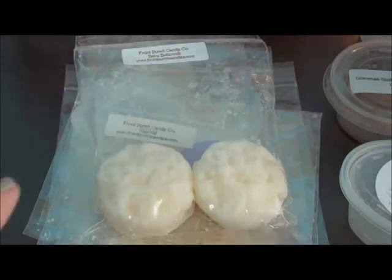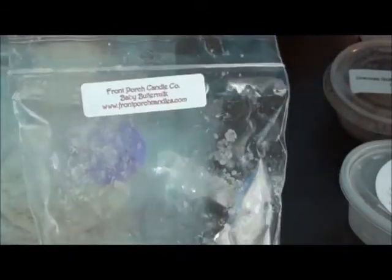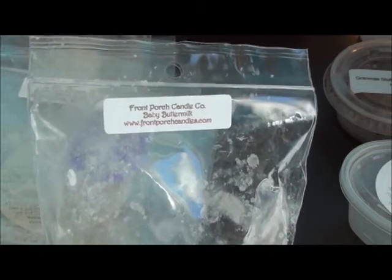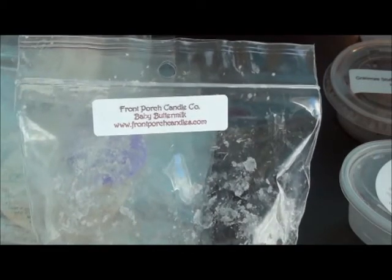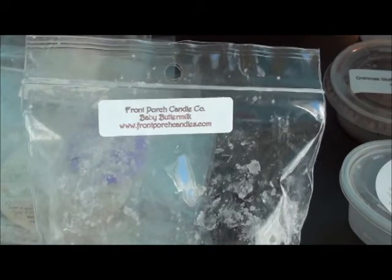So from Front Porch, for some reason, this Baby Buttermilk, I used 2 Grubbies, one in one warmer and then one in another warmer on the other side of the room. It was a nice strong throw. For some reason, I kept thinking Lush when I was smelling this, but I actually pulled out her dupe for